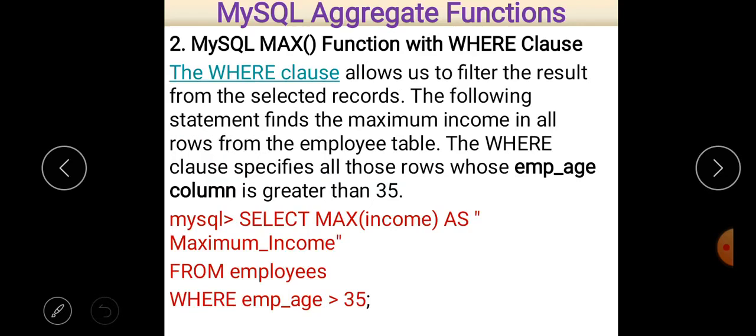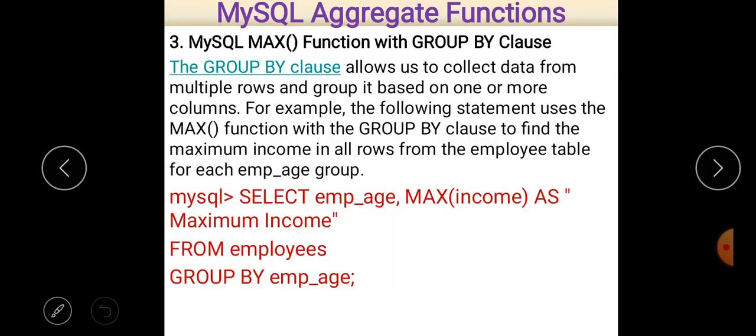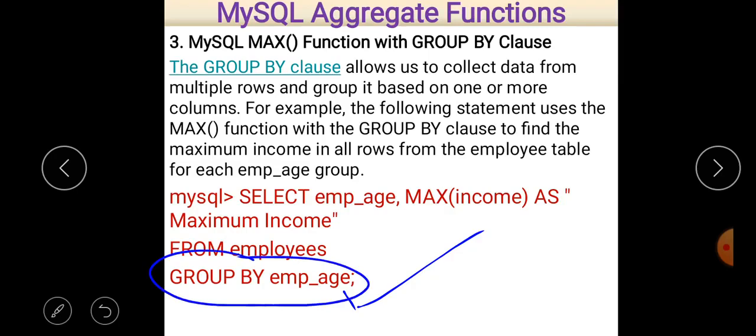The max function can also be used with the where clause. If you want to give a condition which must be followed, then this condition must be specified with the where clause. And if we want to form a group, then the group by clause should be used after the table name, from employees.